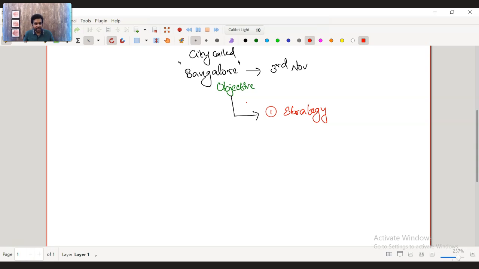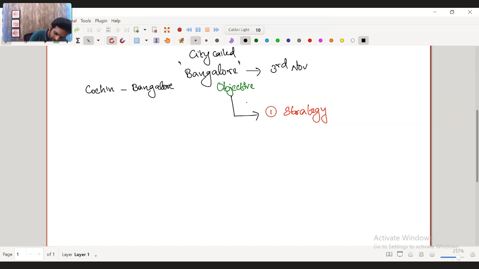But if I take a flight from here to my airport, Kochi, my city is called Kochi, and from Kochi airport to Bangalore airport will take 1 hour, and from there it will take another 2-3 hours to the destination that I want to go. So it will take approximately 3 to 4 hours. And of course, I have a family, around 4 people in my family, so it will cost me more. So in this case, my objective is to travel from a city called Kochi to Bangalore.